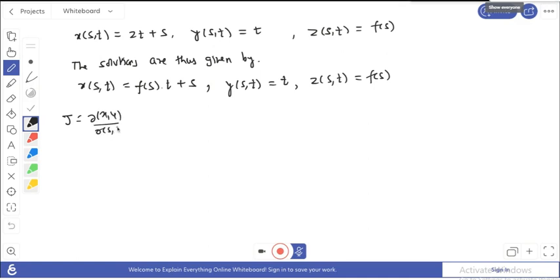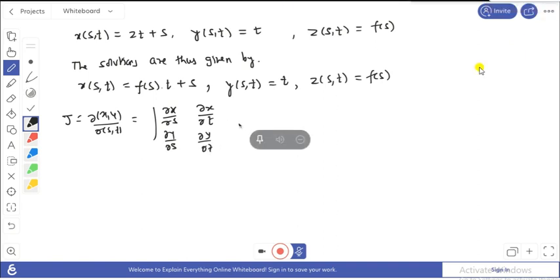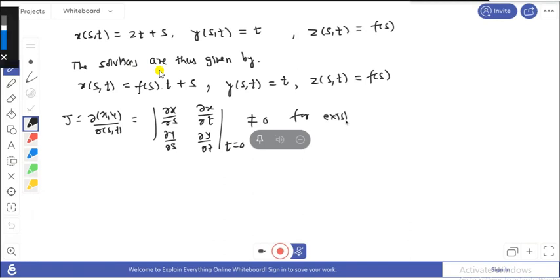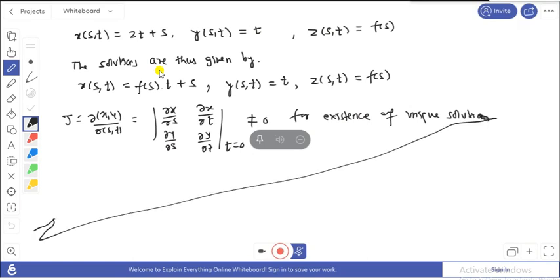with respect to s t. Okay, so this is del x over del s, del x over del t, del y over del s, del y over del t. Okay, so you have to find this value at initial condition. If this is not equal to 0, this is for existence of unique solution. Okay, so you have to check whether this condition holds or not. Okay, so if this condition holds,